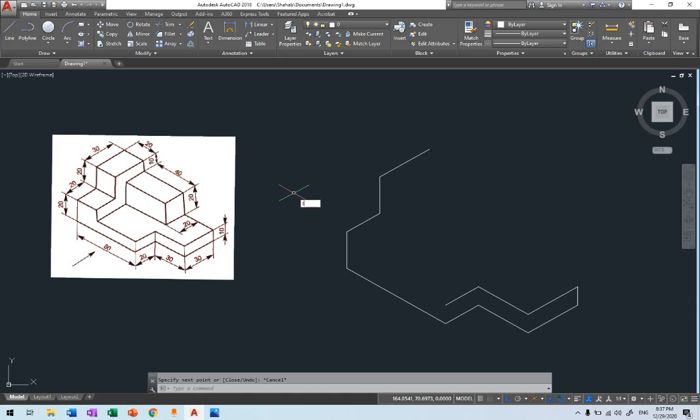I'll activate line again. I was at this point, I'm gonna go in this direction, yes, 40. Now I cannot go up, why? Because the cursor does not have something up. Yes, I will change the cursor, yes, now I can go up 10,